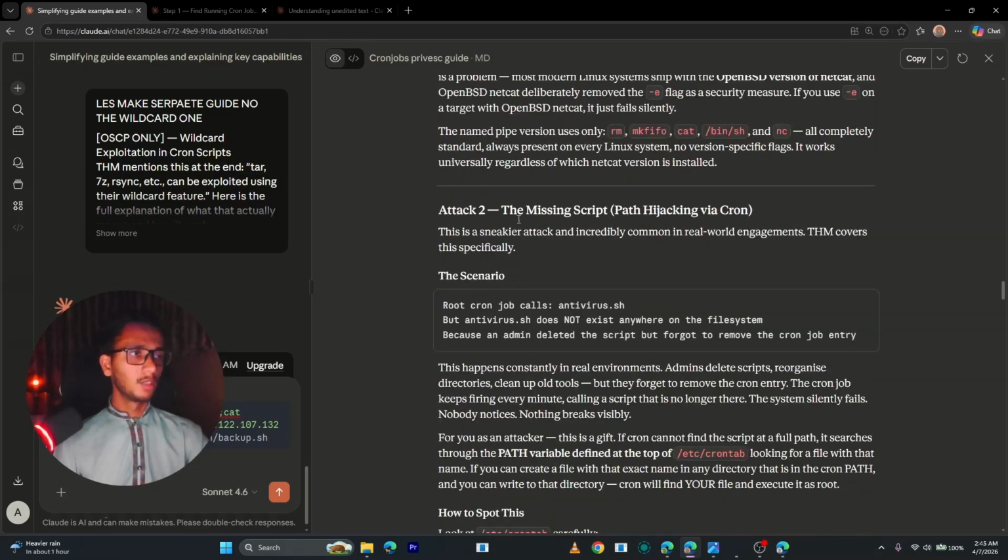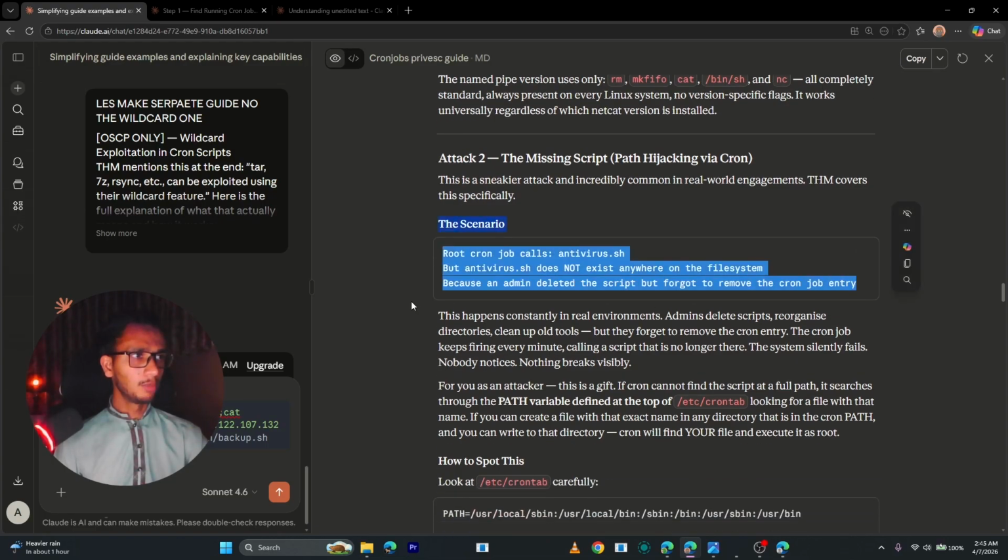Where is that? The missing script. Okay, path hijacking via cron. This is a sneaky attack and incredibly common in real world engagements. So it is saying that this is very common in real life. Okay, the summary of that is root cron job calls this antivirus.sh or any script. Okay, but that antivirus